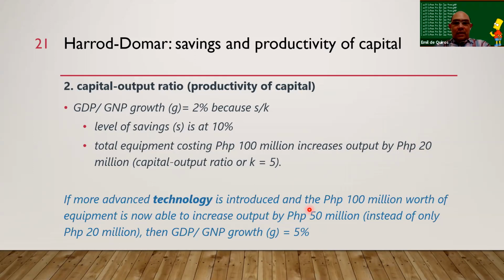It's more efficient. There's more bang for the buck. Diba? So in this case, just by making your capital more advanced, more efficient, more productive, you can grow your GDP more. So it's not just about investing in any kind of capital. Harrod-Domar's point was focus on efficiency as well. Fine, invest in durable goods, but to the extent possible, infuse technology. Because with advanced technology, you can be more efficient, you can be more productive.